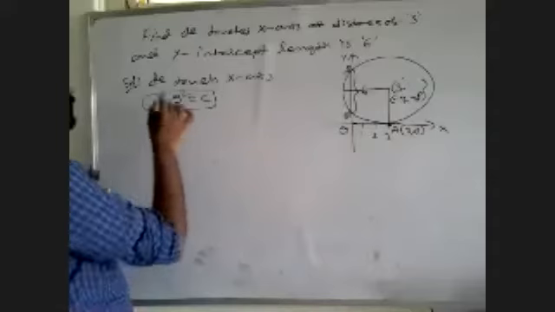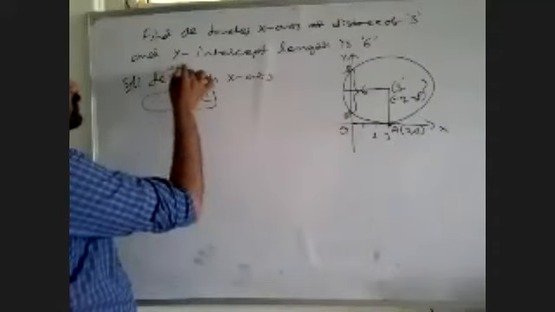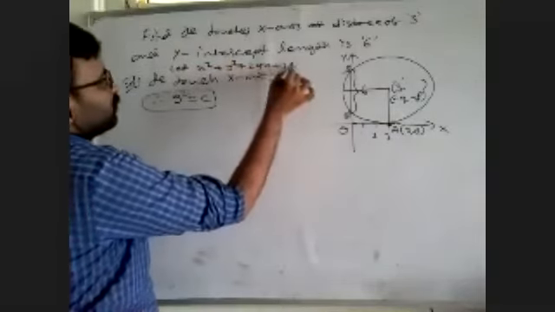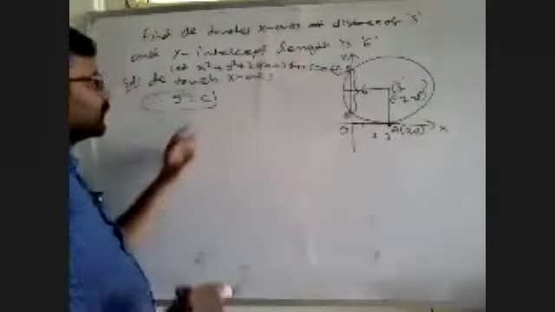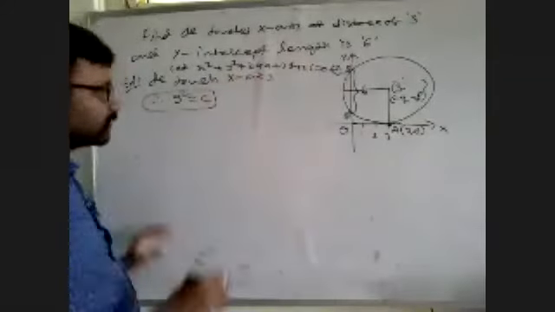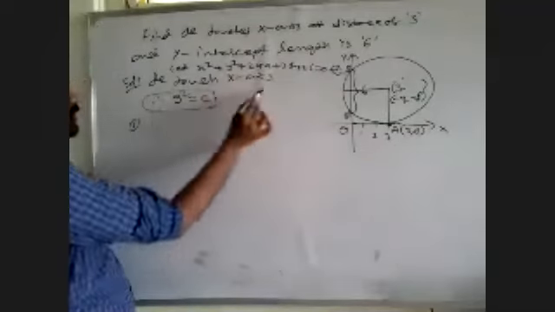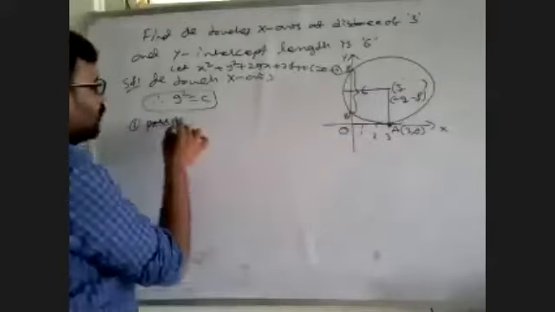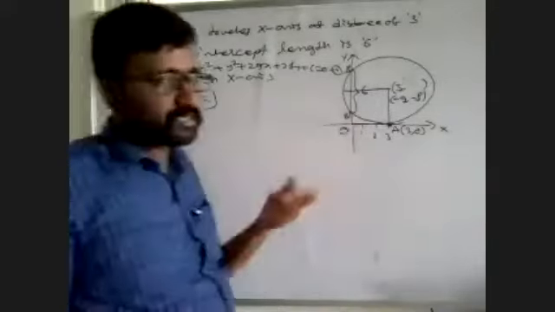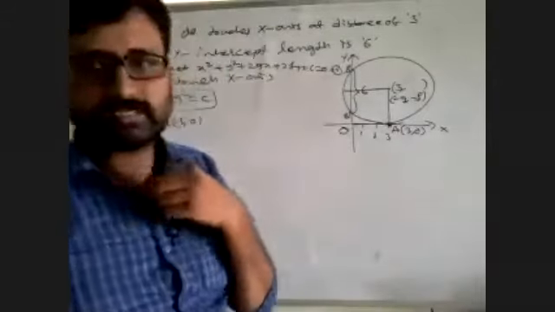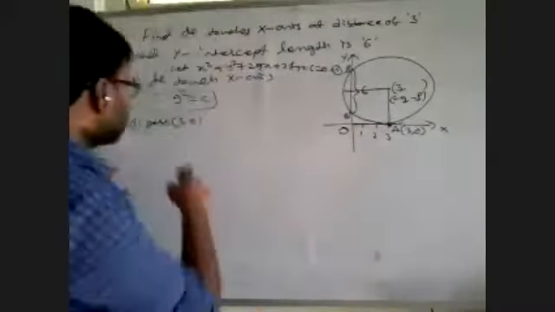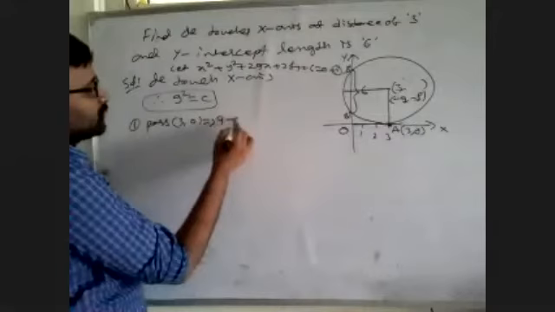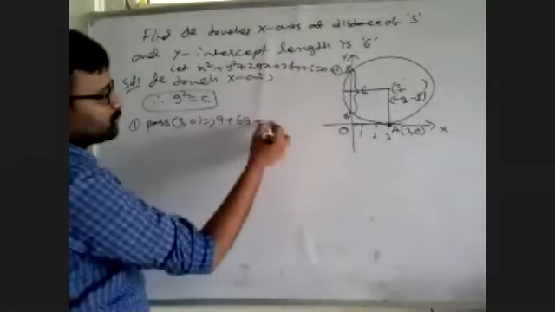Next, let that circle be, first you have to write here, x square plus y square plus 2gx plus 2fy plus c is equal to 0. Equation number 1. You have to find g, f, and c. That is the circle equation. Since it touches the x-axis, g square equals c. It passes through (3, 0), why? Because it touches the x-axis, compulsorily the circle passes through that point (3, 0). Substitute (3, 0) in this equation. You will get 3 times 3 is 9, y is 0, and 2 times 3 is 6g, and y is 0, plus c is equal to 0.